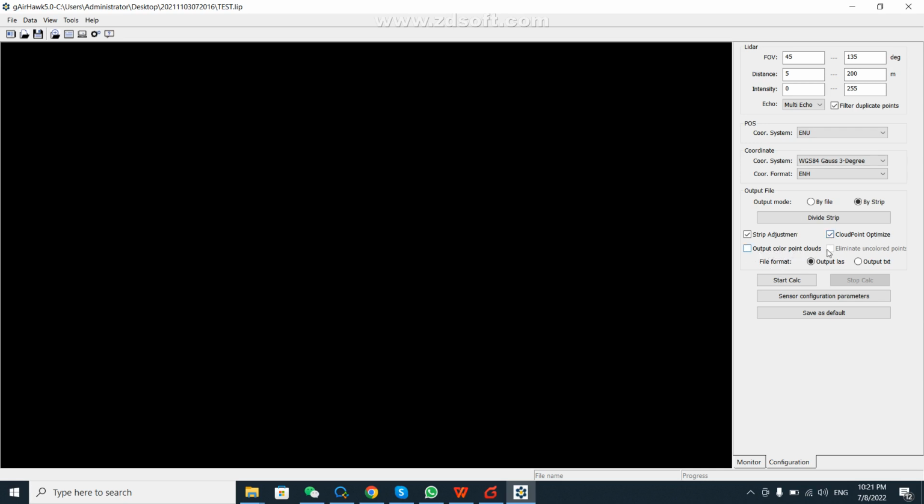Output color point cloud. If we select this check box, it means the output is color point cloud. Of course, the lidar scanning system must have a built-in camera. And eliminate uncolored points. For this check box,